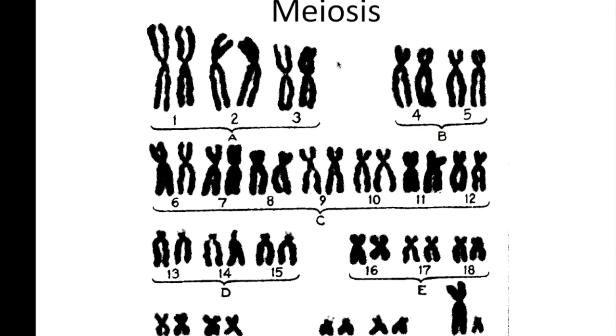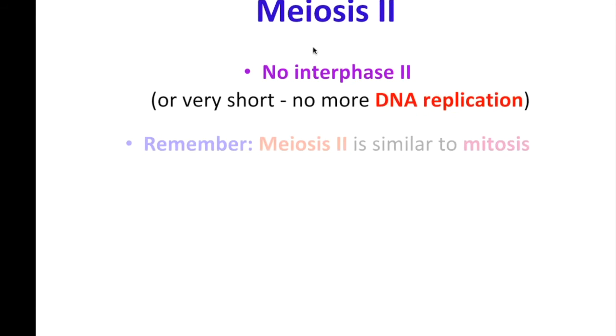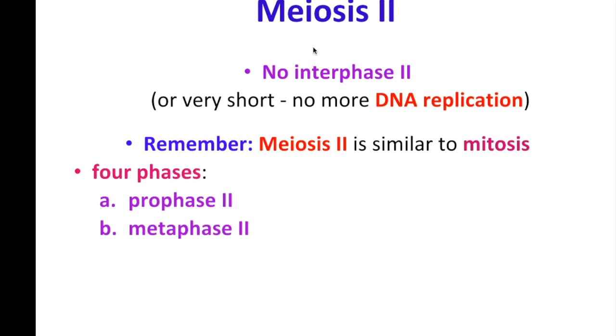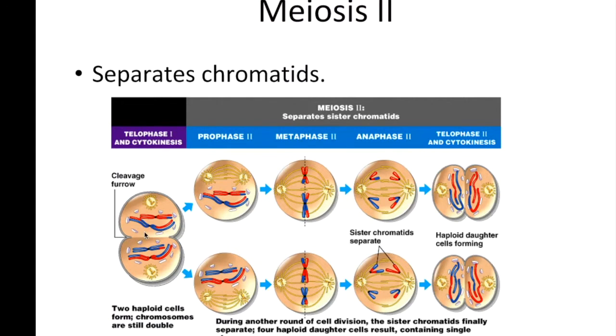So after meiosis I, what we end up with is we just split up these duplicated chromosomes. A cell would only have 1 copy of 1, 1 copy of 2, 1 copy of 3, 1 copy of 4, but still duplicated. Then meiosis II is when we go through these phases again: prophase, metaphase, anaphase, telophase. Now we just call it prophase 2, metaphase 2, anaphase 2, telophase 2. And then we go through the same process as mitosis, where we actually split up the copies. Here you can see in metaphase they line up, they get split apart in anaphase,